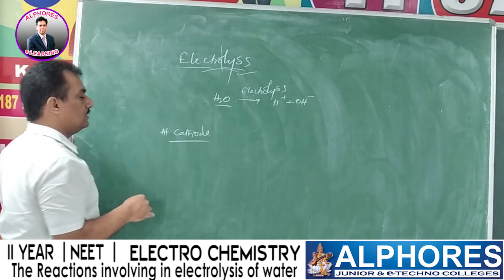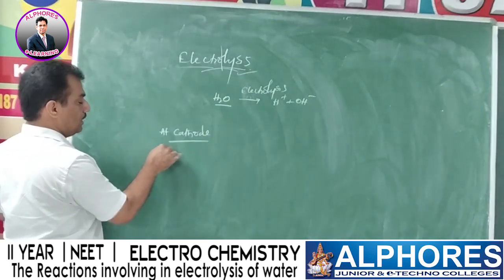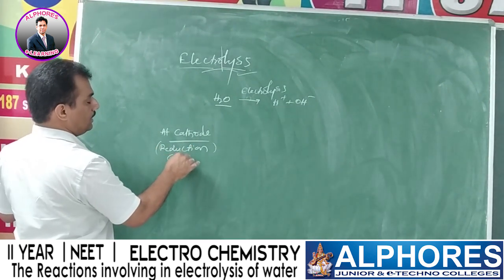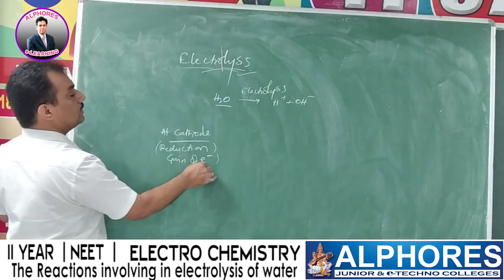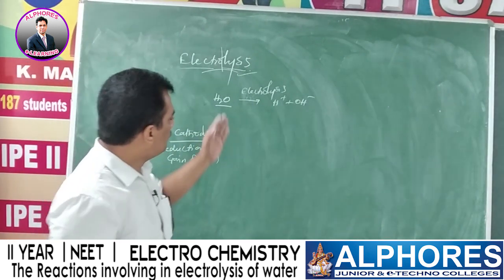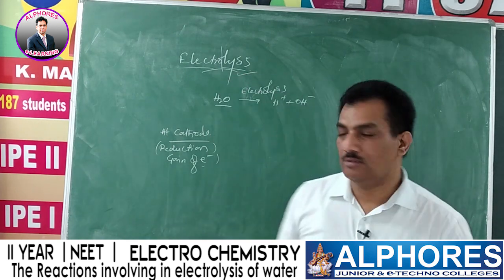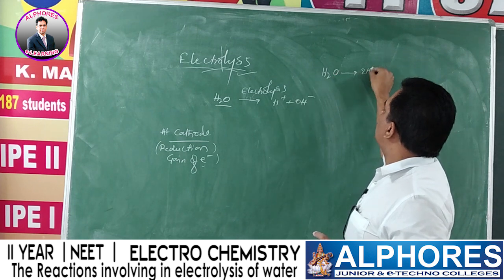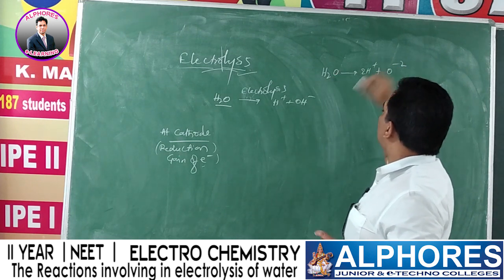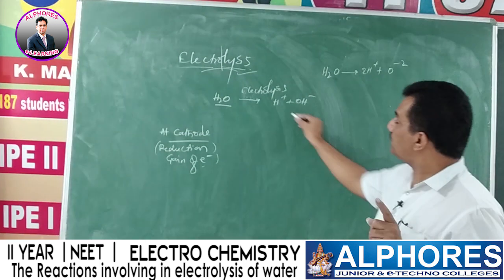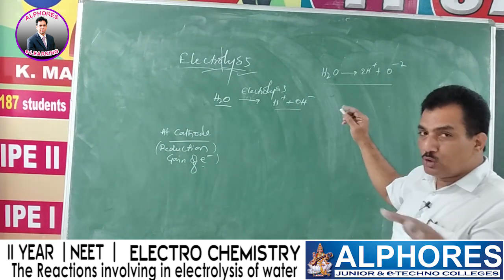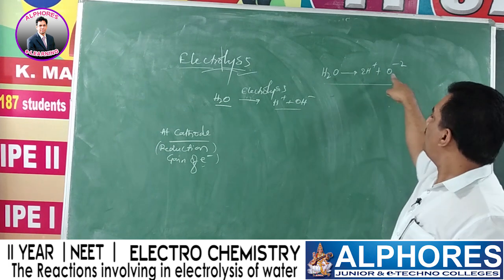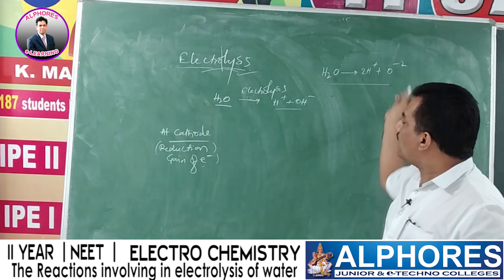At the cathode, and I think you remember about this, what is happening? Reduction means electronation, that is gain of electrons is taking place. And here, for your convenience, you can consider the splitting of water because of the current like this, H plus and O minus 2. But actually the water lysis will not be like this. This is only to make you understand easily.